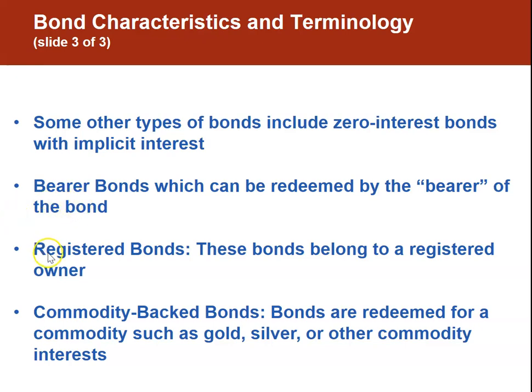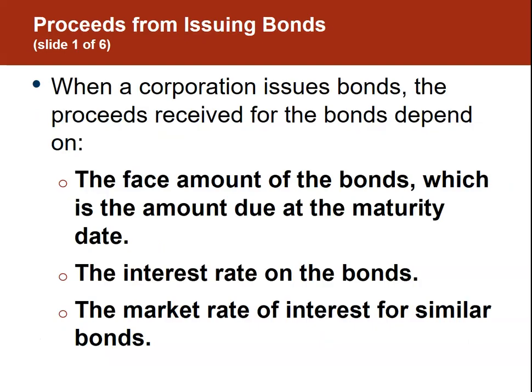Okay. Registered bonds are the exact opposite. These bonds belong to a registered owner. So if you leave behind 10 of your registered bonds and I find them, well, they're registered to you, so I can't do anything with them. And then commodity-backed bonds, we're not going to get into that. So moving right along,